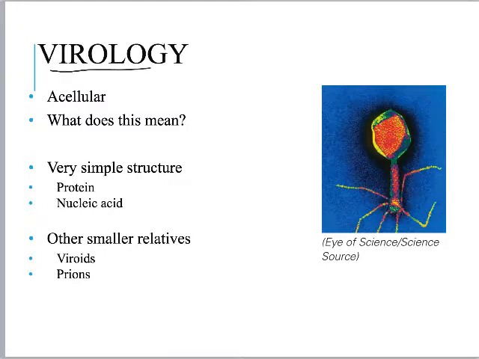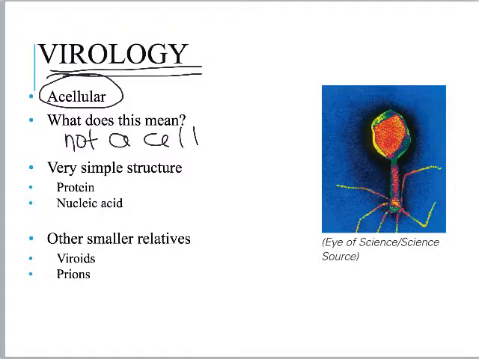Okay, now virology. Viruses are in their own group, and most of the time people consider them acellular. Okay, so acellular means they don't have a cell, so they're not a cell. So they don't have a cell membrane, they don't have a cell wall. They are only made out of protein and a nucleic acid. Okay, so protein and nucleic acid, that's it. There are no organelles, there are no cell membranes. That's all it is: protein, nucleic acid. They could either have DNA or they can have RNA.